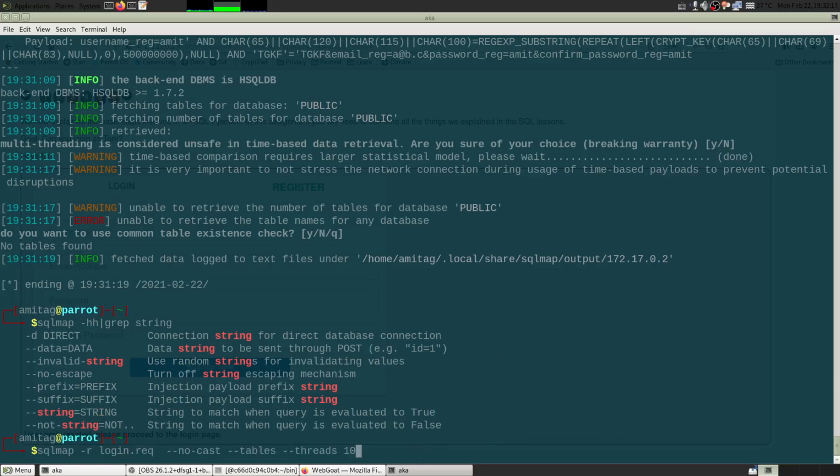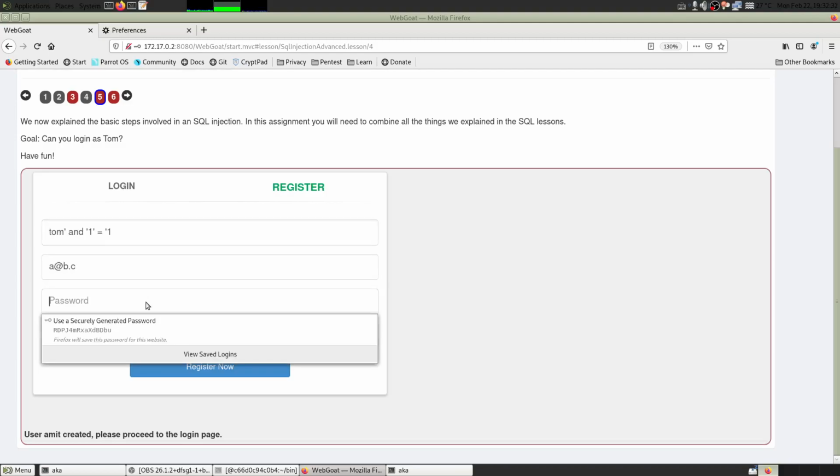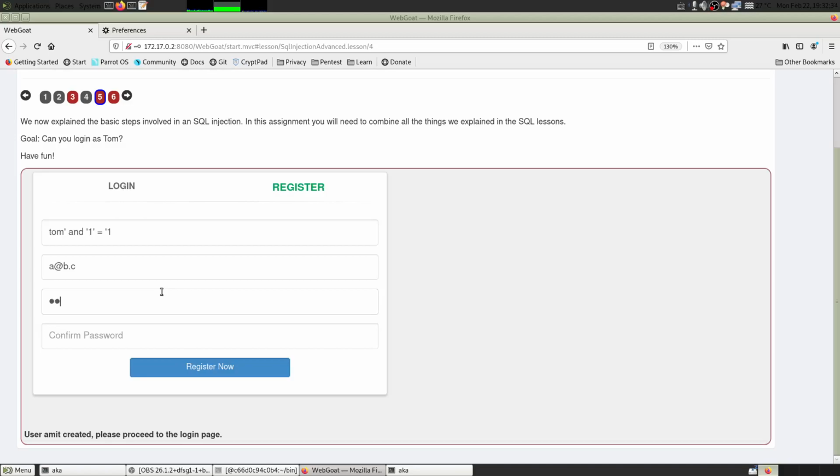So we will flush the sessions again, and we will say --string=. So when the query is evaluated to true is this case, so we will just execute this again, and let's copy the output.